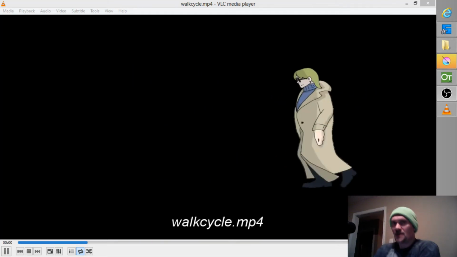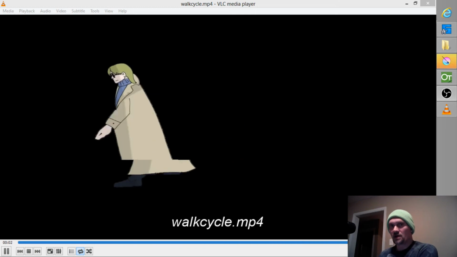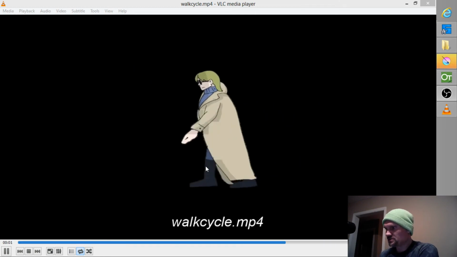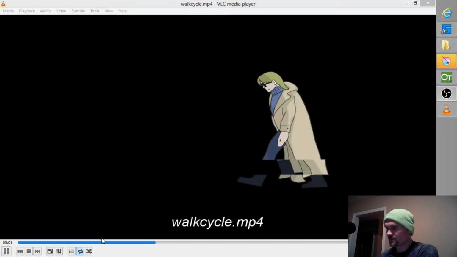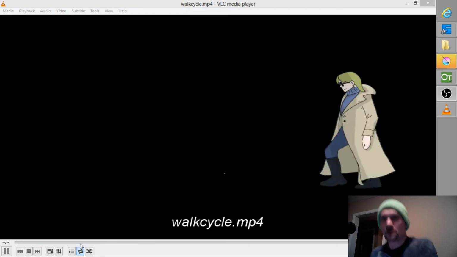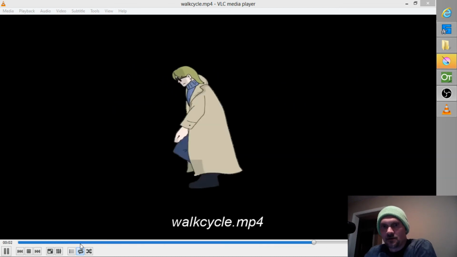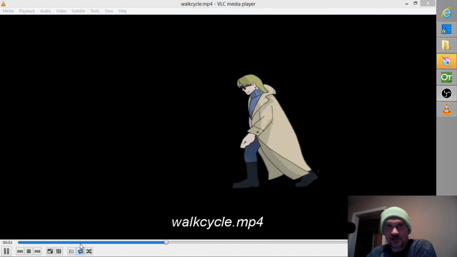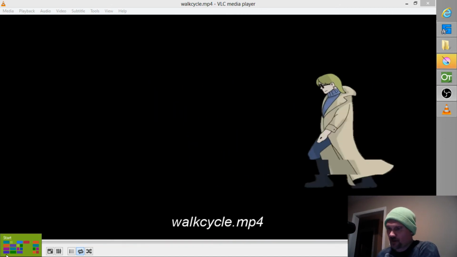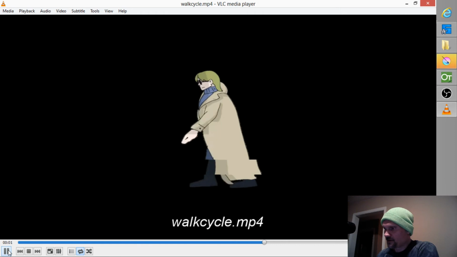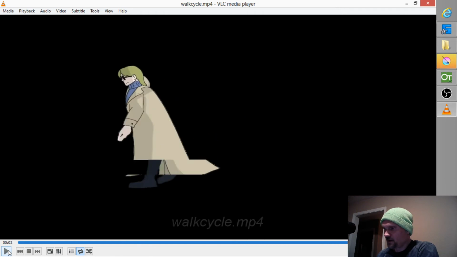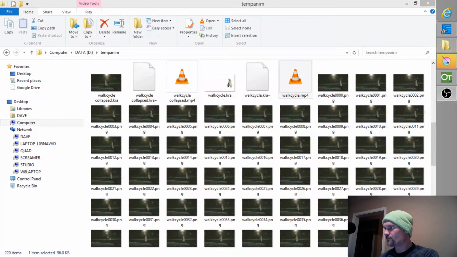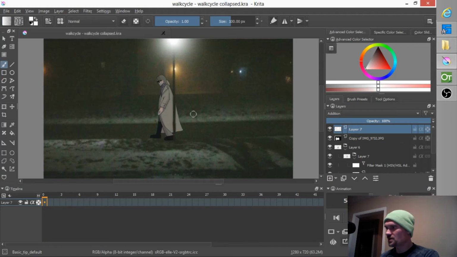Now what you're looking at is the walk cycle that I've been working on. You'll notice this tearing here in the video. And you might think that that is because of the fact that it's playing back in real time while I'm streaming video. No, that's not why that tearing is there. In fact, as you can see, that effect is actually baked into the video. Okay. Now that will become significant in a moment, because in Krita, after I did my coloring,